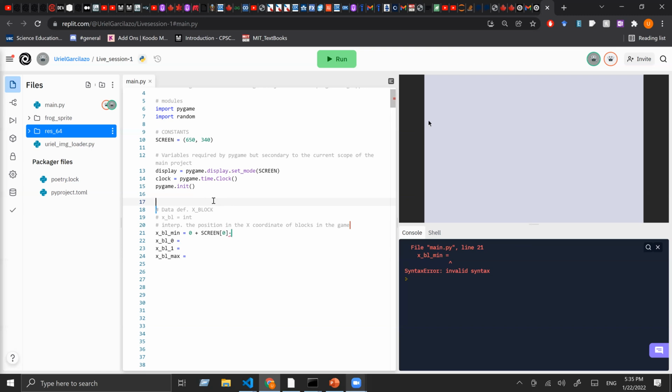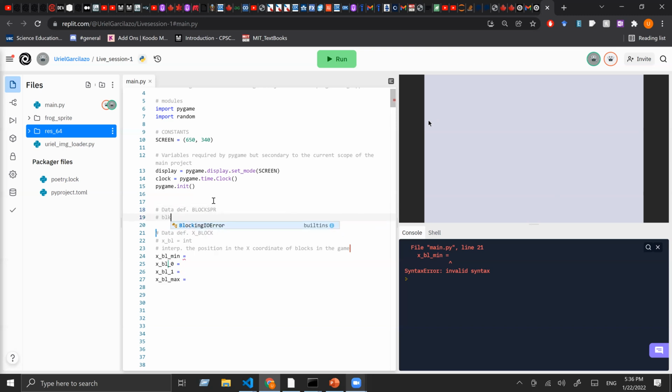So let's work on that data definition at the same time, and you're going to see why in a minute. Data definition block, how do you call it? Block sprite, block SPR, okay? And this one is going to be